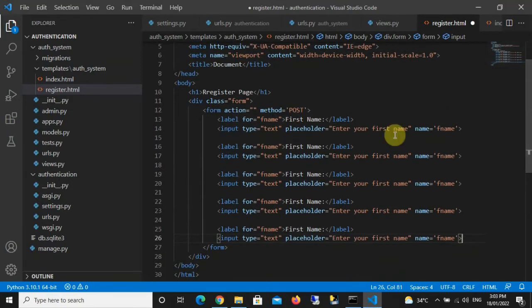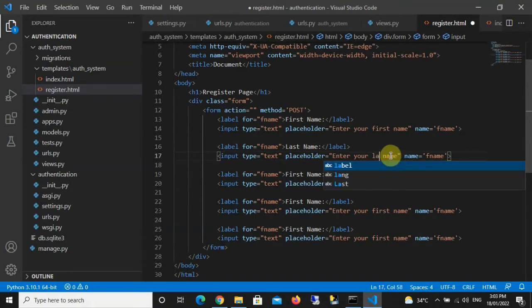So we're going to come down and start editing each of these fields one by one. This one we're going to change from first name to last name, and this is going to be input type text also. So here we'll say enter your last name, and we'll change it from f name to s name. Then here we're going to say username,